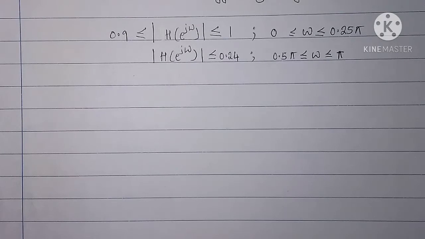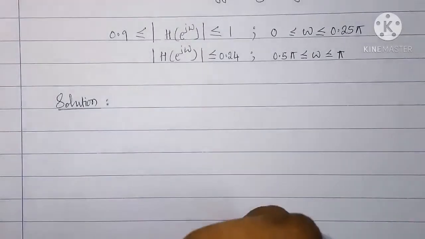Then we will calculate the order of the filter. Using order of the filter, we will write the analog low pass filter's transfer function. Solution: